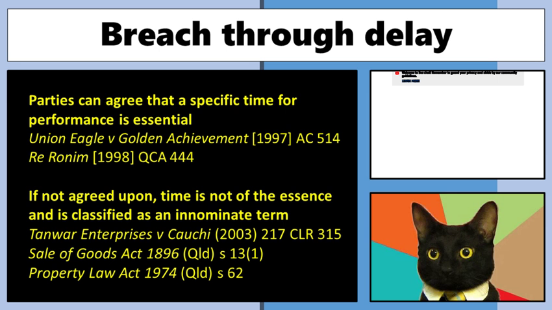Union Eagle, it was a Hong Kong case, and yeah, they came to settle, I think, 15 minutes late. Remoteness was a case in the Gold Coast. It was a conveyance. It was supposed to happen, I think they were supposed to do it at 11 o'clock in the morning, but the contract said by 5 p.m. that day. It was a Friday, of course, because if you think about it, 5 p.m. on Friday is a really dumb time to settle, to do a conveyance. That's a really dumb time to do it. Why?